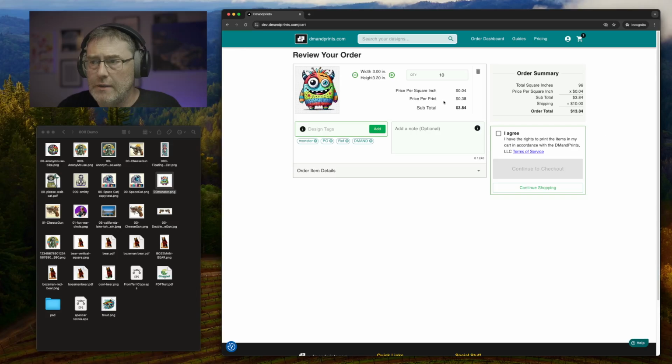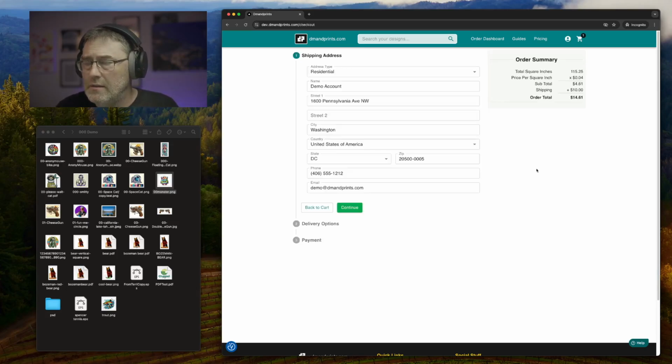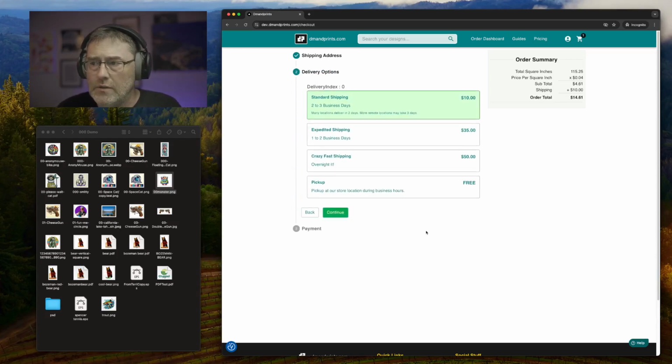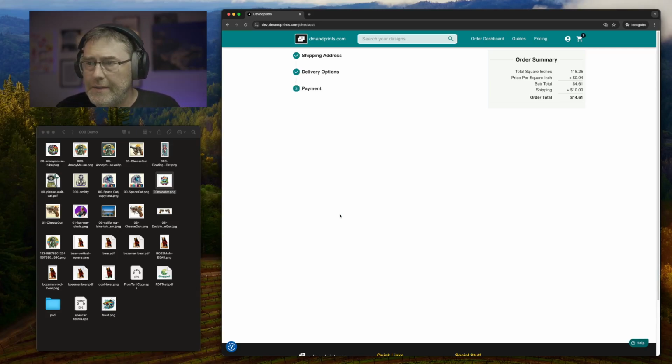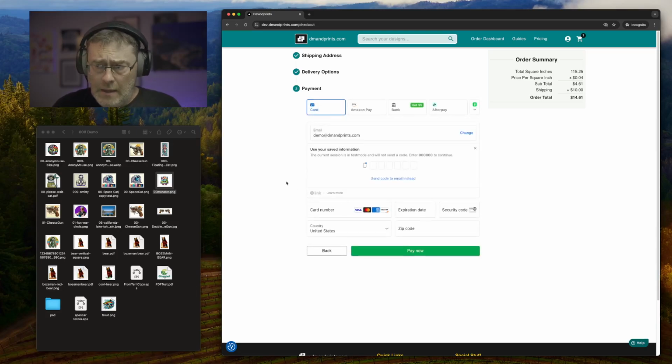From the checkout screen, you could change your quantity if you want. You can add more tags or even leave some design notes if you'd like to. All right, now I'm just going to agree that I have the right to print this and continue to checkout. If you've already got your account information set up, this will be all pre-filled out for you. I'll just hit continue, select one of the delivery options, standard shipping, $10, hit continue, and we'll enter in our